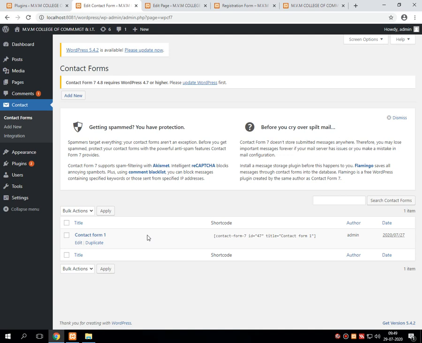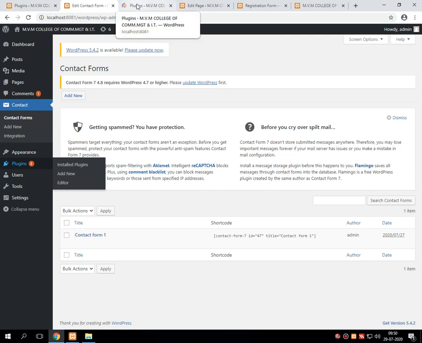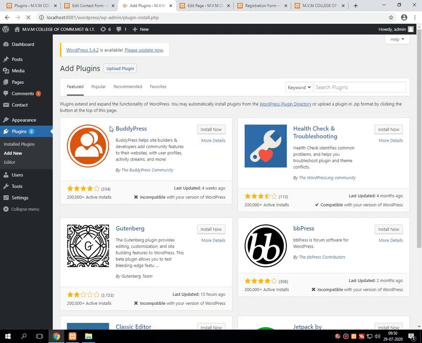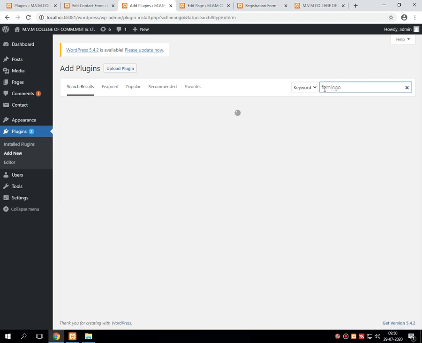So for that, what we have to do, just look at the screen properly, go into the plugin, then go for add new, and over here into the search type Flamingo. It's a new plugin which we are discussing in today's session.